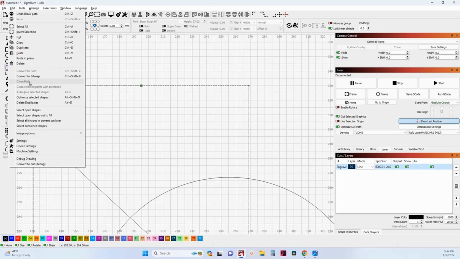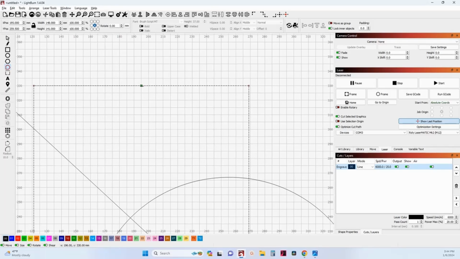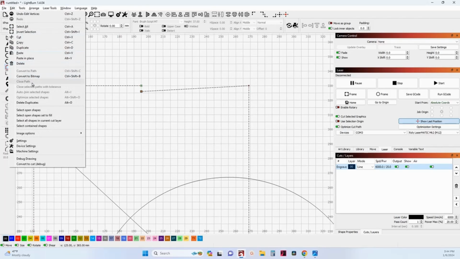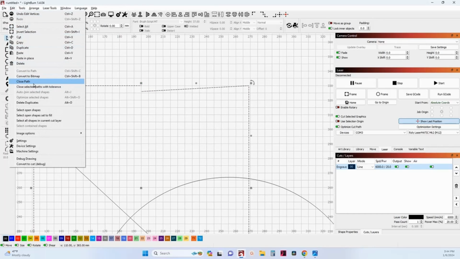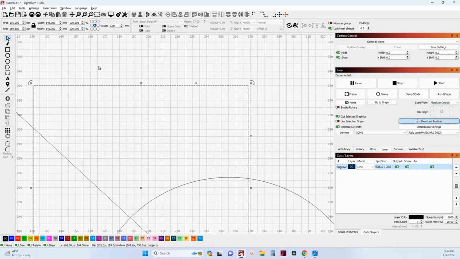It's broken. That line is no longer a solid line, but it's still a closed path until we move that and then go to tools. Still a closed path. Obviously it's not a closed path. Let's go now, see, edit. There we go. As long as I was still in that node editing, it was not recognizing that I had broken it. So now with that said, Control Z, put that back, go back to node editing, go to middle,